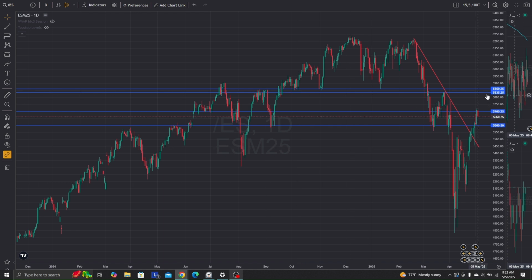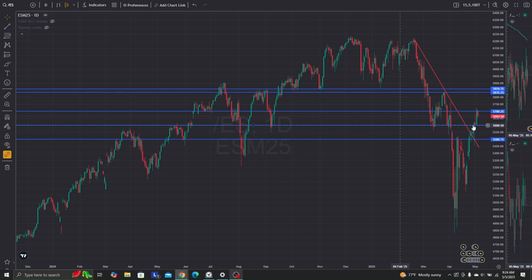And so that might seem very simple, but that is what it is. We don't have to overcomplicate it. I would also say 5,500 would be a big support if we do get below 5,600. So if we come down below 5,600, we really wouldn't be breaking back into a downtrend again until we get below 5,500, right? So we could break below here, play in this area a little bit, and then really below